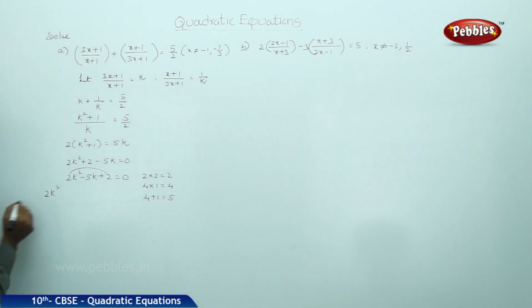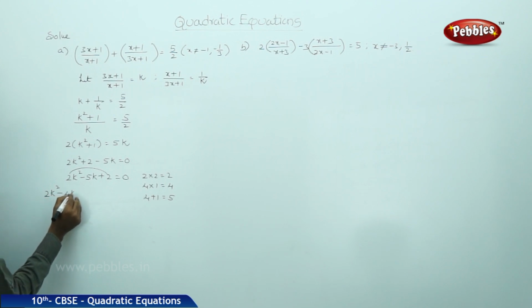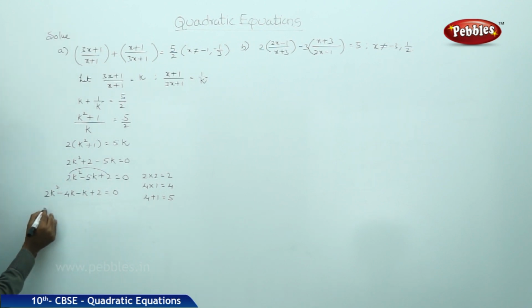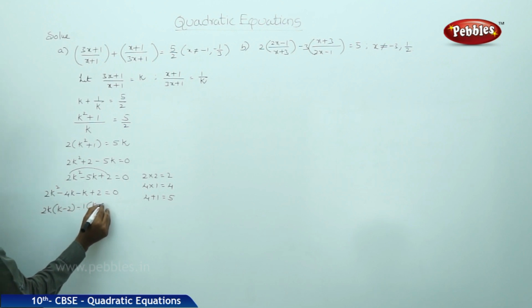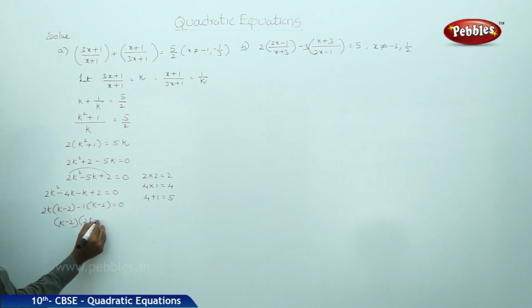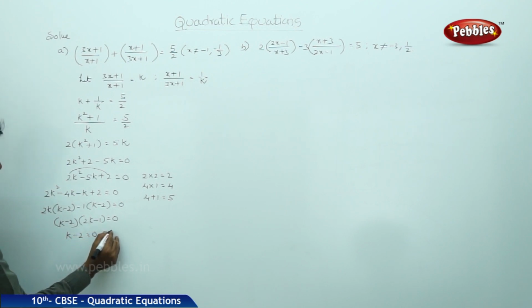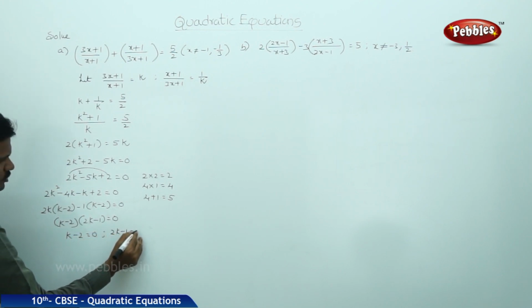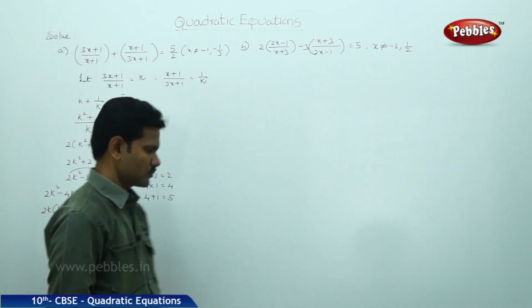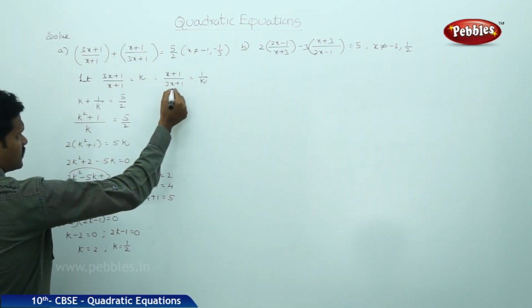So 2k square minus 4k minus k plus 2 is equal to 0. That is, take 2k common, k minus 2, minus 1 common, k minus 2 is equal to 0. k minus 2 into 2k minus 1 is equal to 0. k minus 2 is equal to 0, 2k minus 1 is equal to 0. k is equal to 2 and k is equal to 1 by 2. Now I am ready with the values of